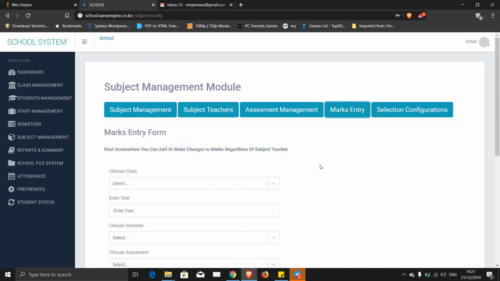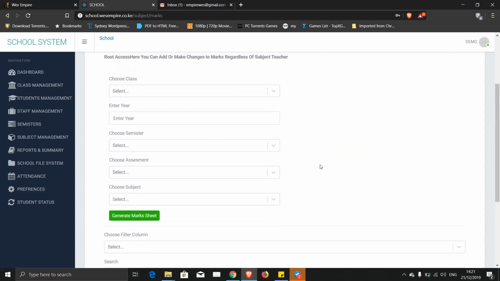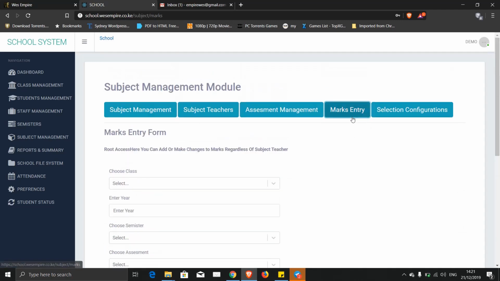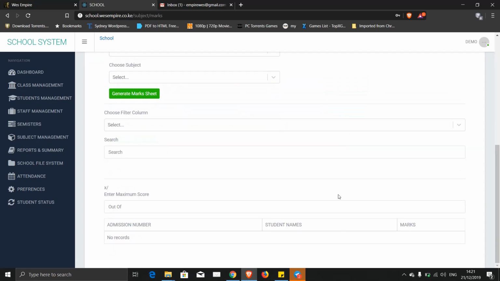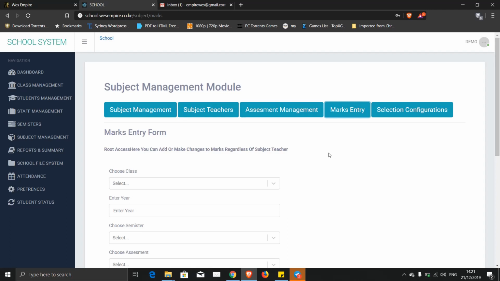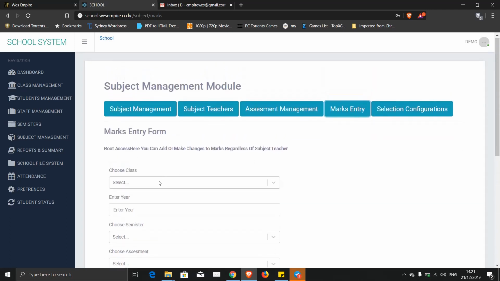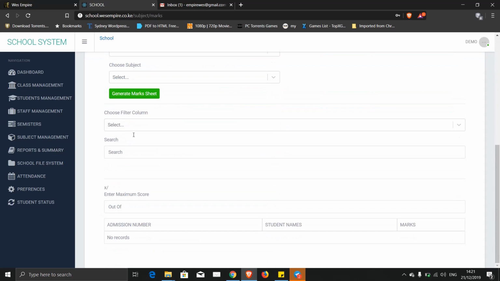If you come to marks entry here, you'll have this form here. So remember, I've logged in as the administrator, so I'll be able to enter marks here for each teacher, respective of the subject they're teaching. But when you log in as an individual teacher, you'll only be able to log in the marks for the subject you're teaching. So come here, 100, the year is 2019, then